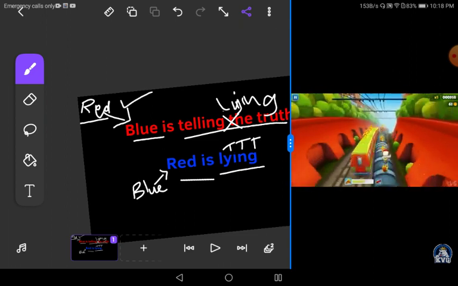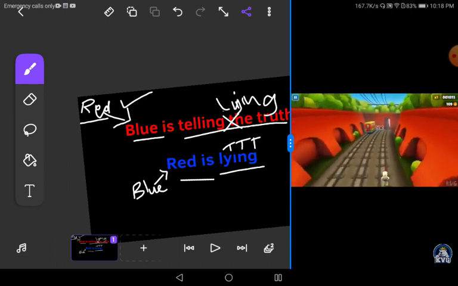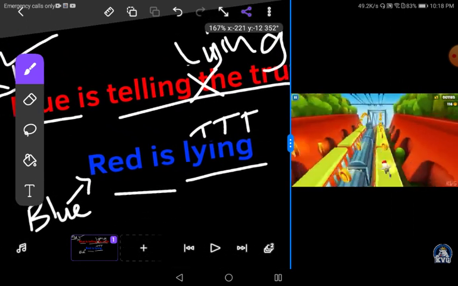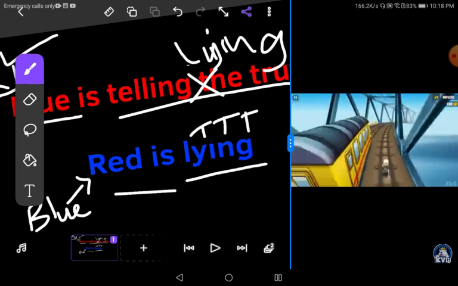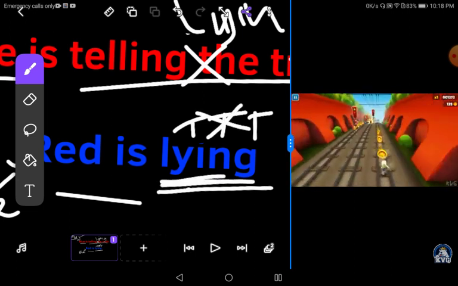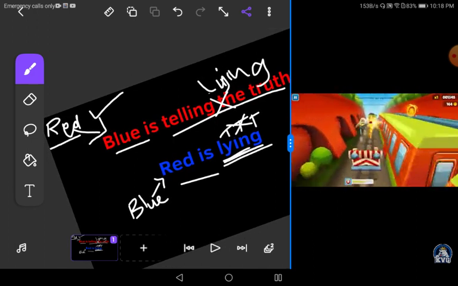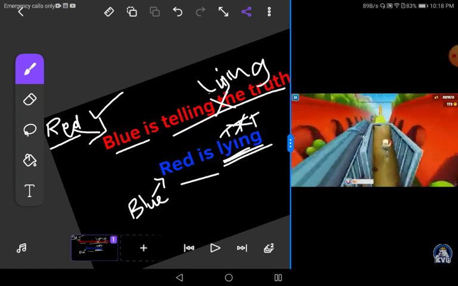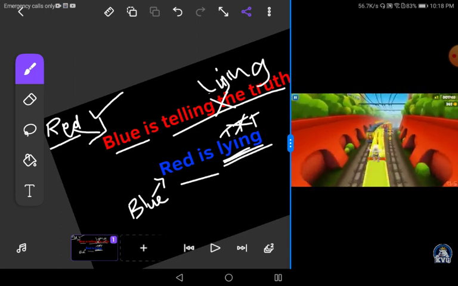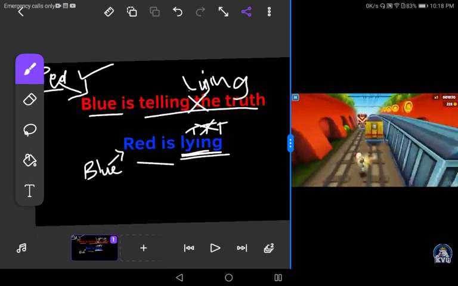He's verified that he's telling the truth. So now if red is telling the truth about blue lying, that means blue is not telling the truth. No, he's not telling the truth. Red is lying. And if red is lying about blue lying, that should mean that it's